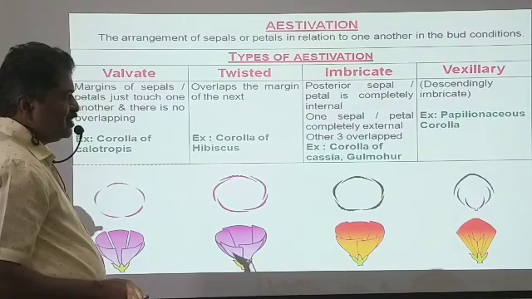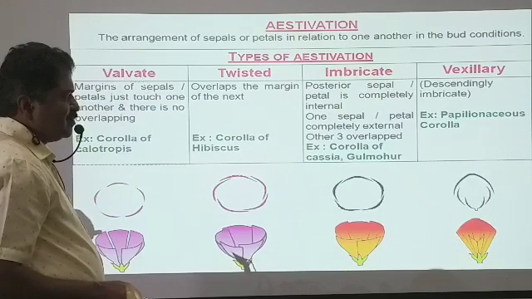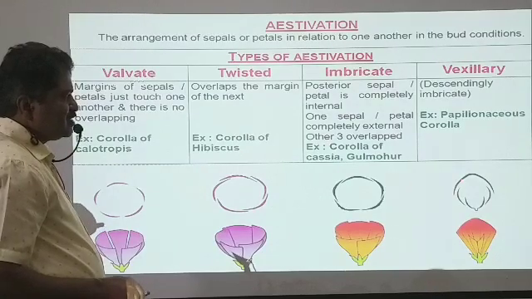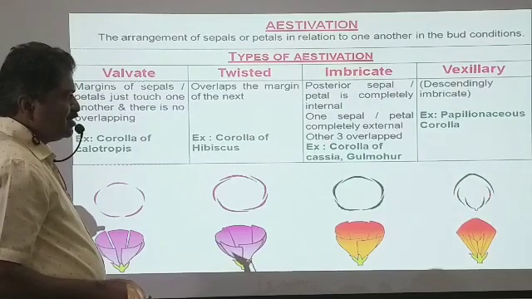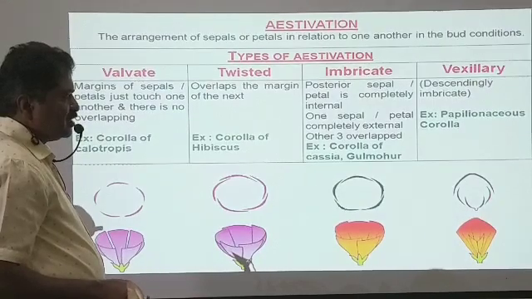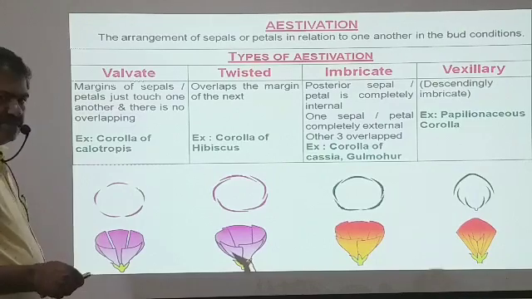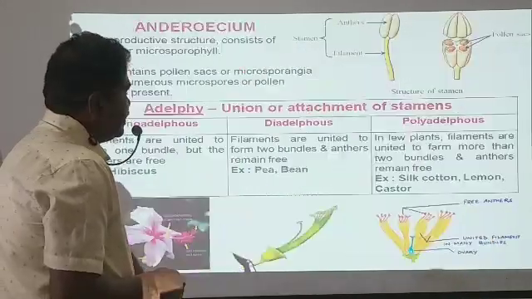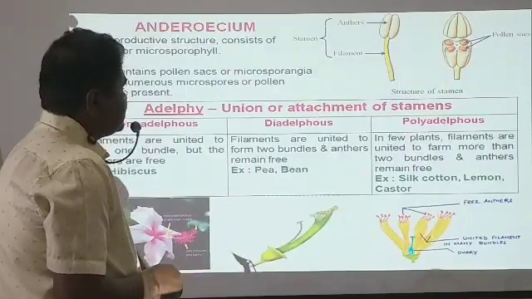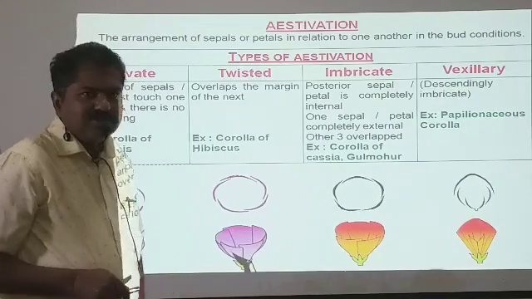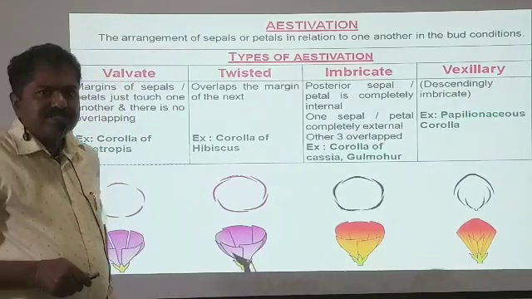So this is 1, 2, 3, 4, 5, total 5 petals. In the 5 petals, this one is the standard, two are the wing petals, and another two are the keel petals. These are regarding the aestivation. And regarding the androecium and the gynoecium, we are going to discuss in the next